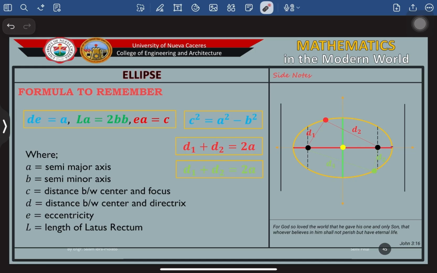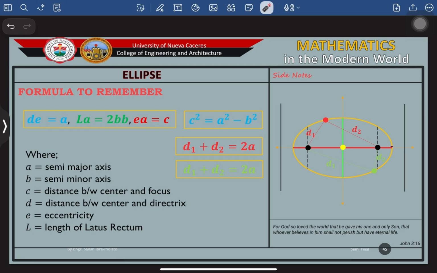Then, formula to remember. It's the same as the formulas I showed earlier. So this is the formula for the directrix: D E is equal to A, or the earlier D is equal to A over E. It was just rearranged, so you cross multiply, which is why it became D E is equal to A. With this arrangement of the formula, it's easier for you to